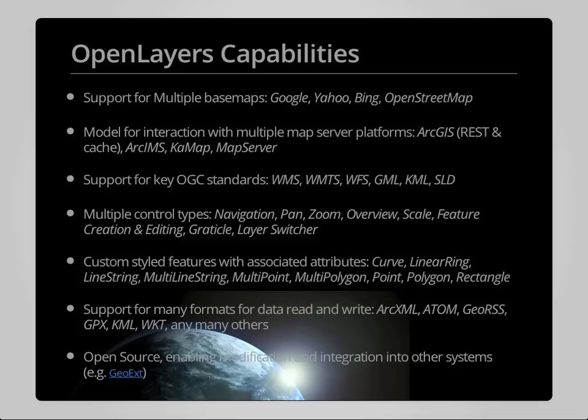Key OGC standards that are supported by OpenLayers include Web Map Services, or WMS, that we've already had some fairly extensive experience with, Web Map Tiling Services, or WMTS, something that we haven't really addressed specifically in this class, but is based upon the Web Map Service standard, but also includes a definition of how map tiles and zoom levels